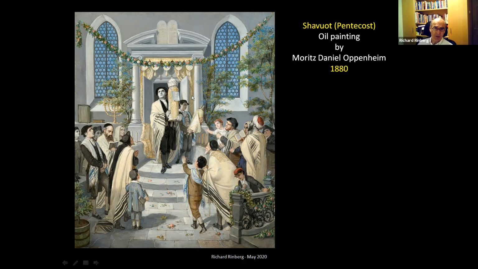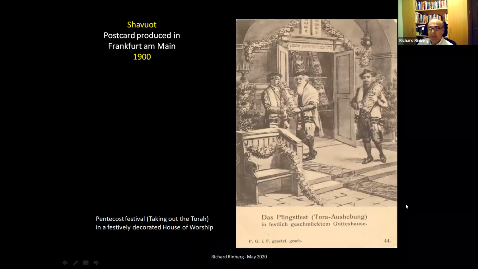And here you can see the Sefer Torah with the Keter and the Tas, and you've got the Luchot up here. It's Shavuot. They've decorated the shul. There's a menorah here. You've got Ashkenazi, you've got a tricorn hat, Ashkenazi Jewry, but you've also got somebody who's obviously been traveling. Here's an Oriental type Jew who's in the shul, a visitor, most probably. And here's the father or the grandfather holding back the son from going to kiss the Torah. So today perhaps seen as a little bit kitsch, but very, very interesting in the history of Jewish art.